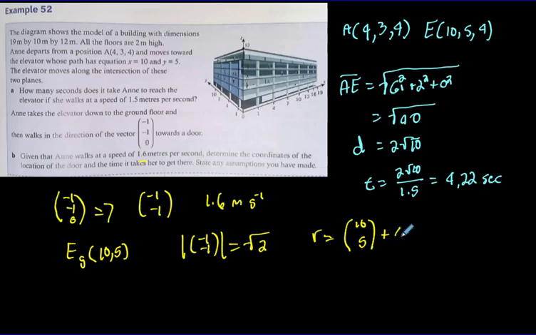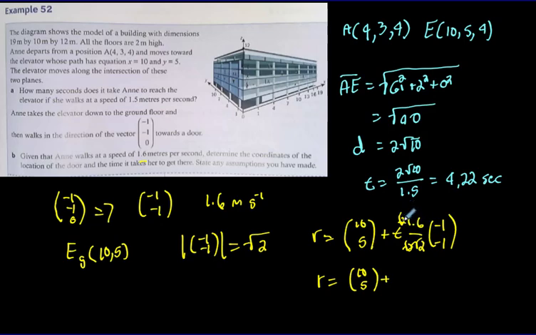We're going to have some scalar t, right? And to find out this vector right here, her speed is 1.6, so it's going to be 1.6 over the square root of 2 times that direction. I found the unit vector and then scaled it by 1.6, -1, -1. And then when I rationalize this, my vector equation is going to be 10, 5 plus, well, root 2 over root 2,